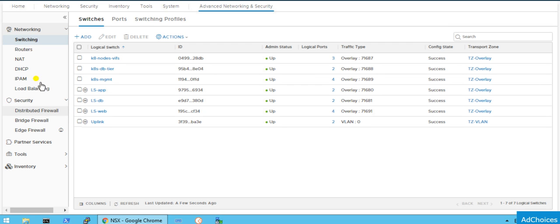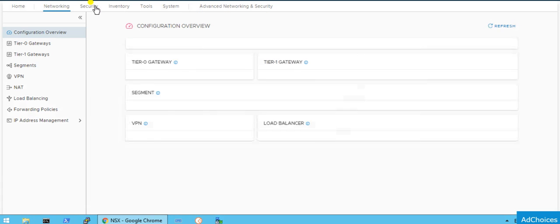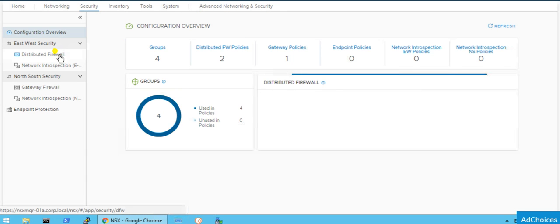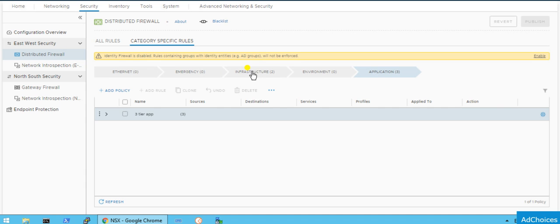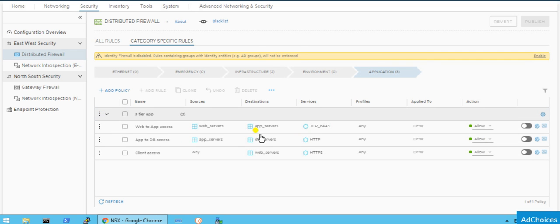Okay, so as you have seen, from this networking and security tab the distributed firewall rules are already implemented here. If I click on application, you will see that the 3-tier app is already applied, right?